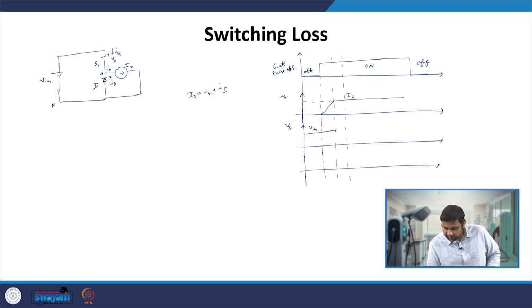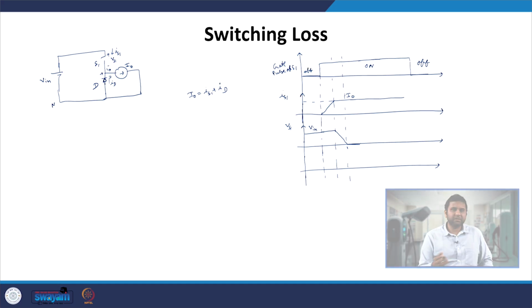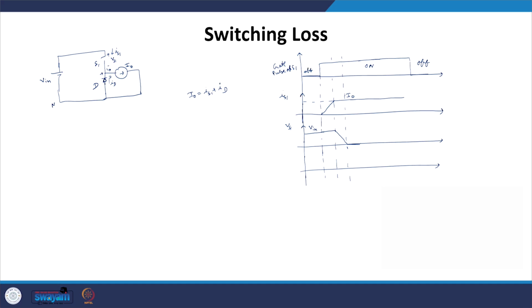So what we see is that the voltage will fall down and becomes 0. Now here we assume some considerations: when the switch is off, it has 0 current, and when it is conducting, the voltage across the switch is 0. We have also not considered any forward voltage of the diode, or the effect of nonlinear input and output capacitance of devices, for easy calculations.